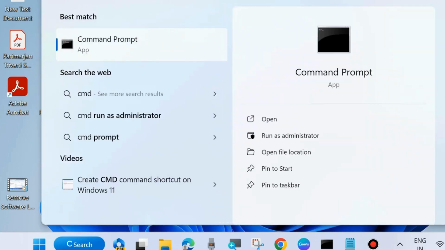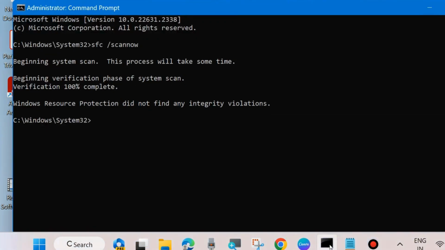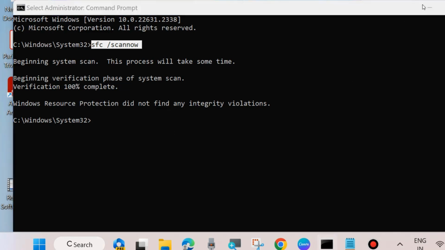And to fix this issue, one more method is go to Windows search, type cmd and open Command Prompt window as administrator. And in Command Prompt window, execute sfc /scannow. It will find out corrupted files in your system and repair them accordingly. Apply this method and your uninstall.exe not found error will